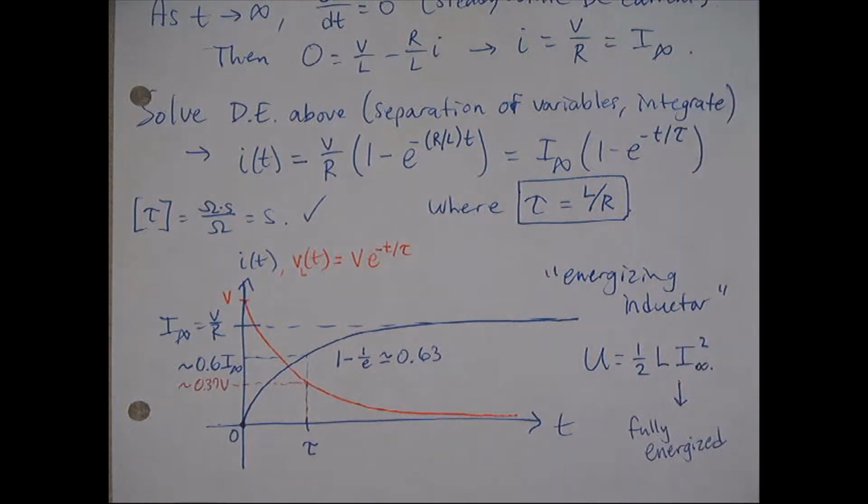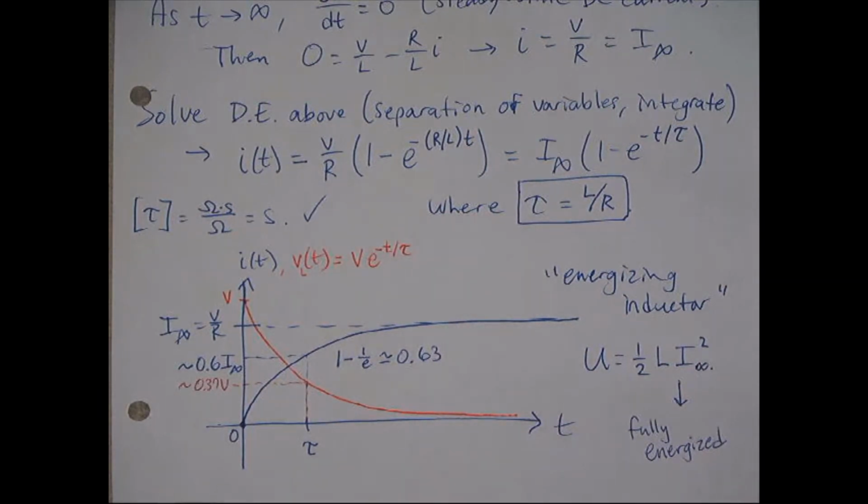If it begins uncharged and it's charging over time, it will ramp up to some steady state, or Q infinity we called it, effectively charged state. We don't call this process a charging inductor, we'll call it an energizing inductor. We are increasing the energy stored inside of it, but it's not accumulating charge, it's in a sense accumulating current in its coils, which gives you ultimately a steady state magnetic field inside the